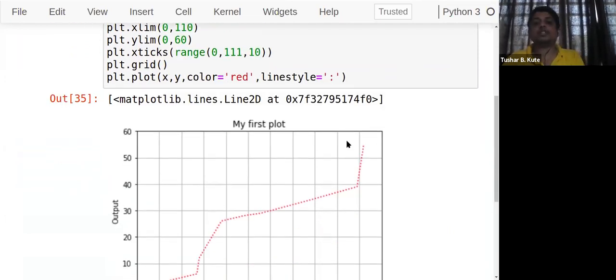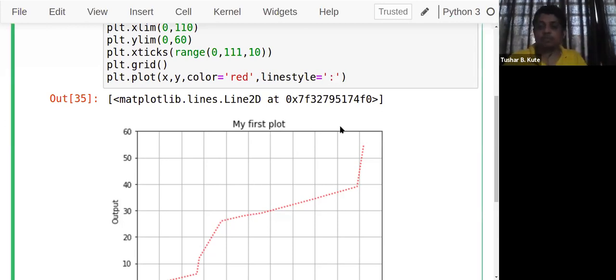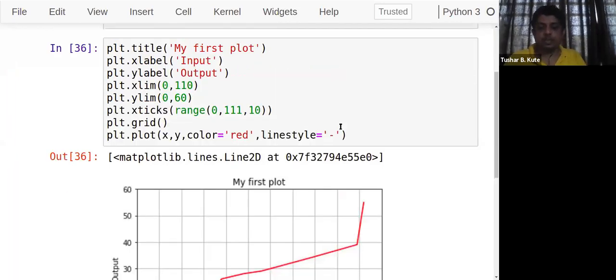Face color is applicable to subplots only, because to distinguish between multiple different kinds of plots, these face color combinations are required. When we see subplots, I'll show you how to use this face color method. So this is how I can use different methods to create the particular plot. Okay, remember that.